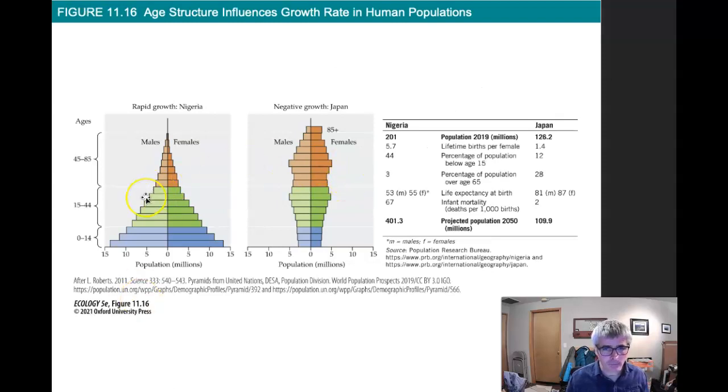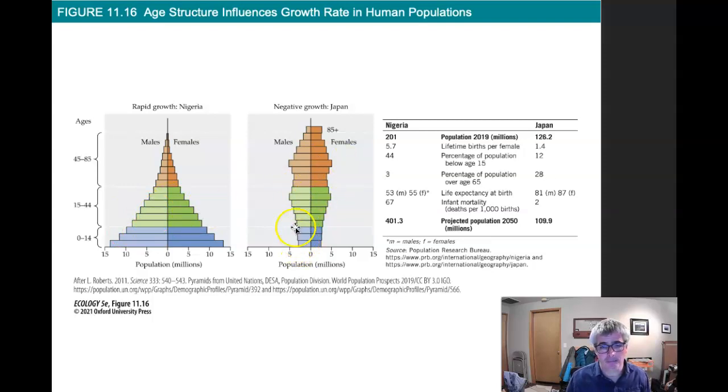Here are age distributions in two different countries, Japan and Nigeria. Nigeria tends to have a younger population. Younger people, particularly in the 15 to 44 year range, are typically more reproductive. And so because of their age distribution having more young people, they have a higher growth rate compared to Japan,